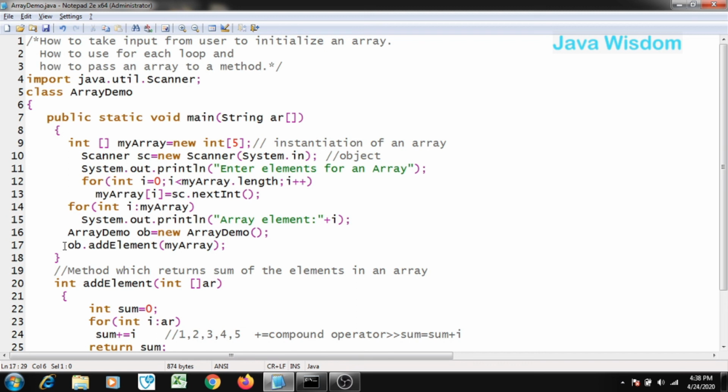Either you store that return value in a variable, or you can directly display it with system dot out dot println, sum of the elements are.